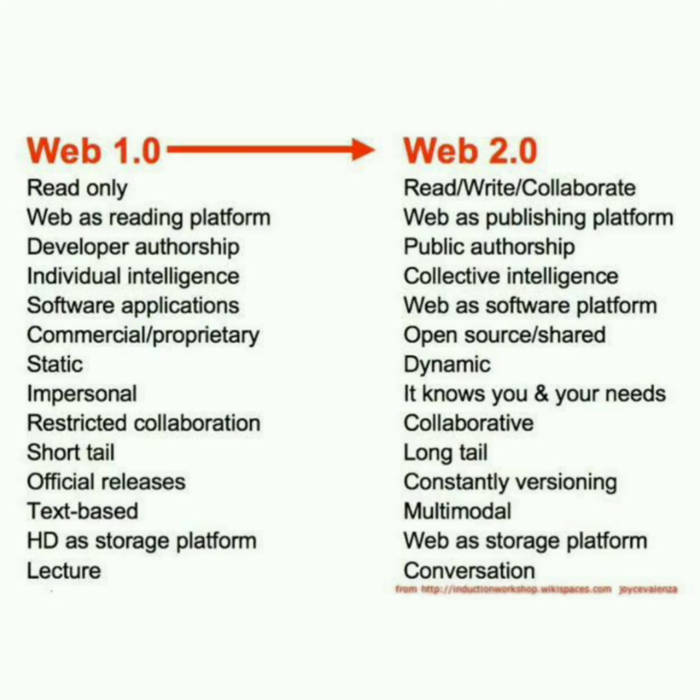Web 1.0 was static, but Web 2.0 is dynamic. In Web 1.0 collaboration was restricted, but here you can collaborate with any companies or concerns. In Web 1.0, the hard disk was the storage platform, but in Web 2.0, the web is the storage platform. Software applications were very difficult to use in Web 1.0, but in Web 2.0 the web itself acts as a software platform. We have so many open source software, all available only in Web 2.0, and all social networking is an example of Web 2.0.